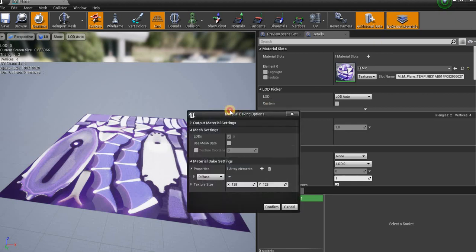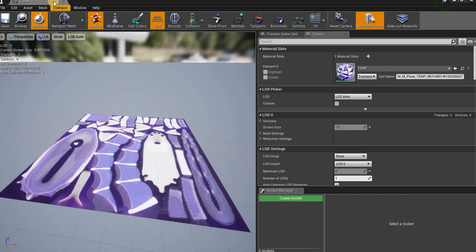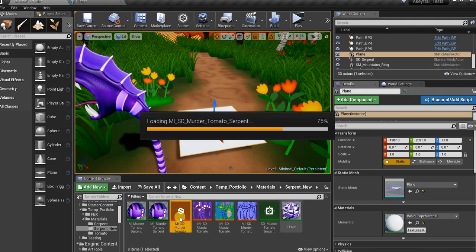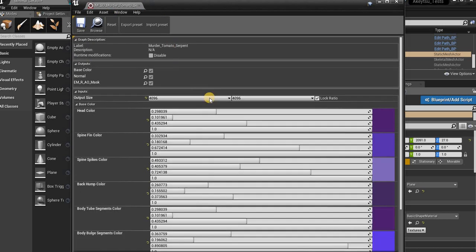Click on Bake Out Materials, and actually I missed one step. Let's close that and put that on dock. We're going to go back to our original substance graph instance. This is where you set the parameters that you have access to for your substance material, and make sure that